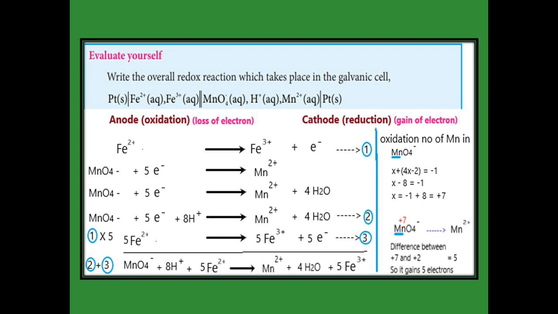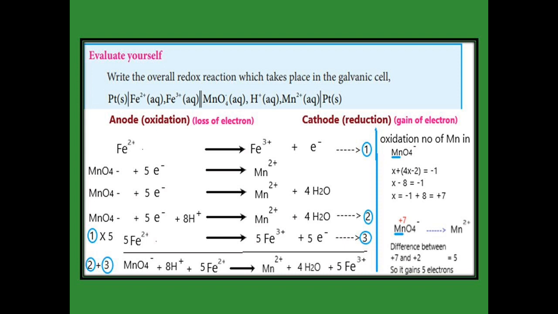You have to refer to the 11th standard book. How can we find out the oxidation number? Just underline the manganese in blue color. I underlined it, put the value x for manganese, and for oxygen the oxidation number is -2. How many oxygens are there? 4 oxygens. So 4 into -2 equals the charge on the whole MnO4-, so we put -1 after the equal sign. And then x minus 8, since 4 into -2 means -8, equals -1. Now we get the x value as +7. That is the oxidation number of manganese in MnO4-.